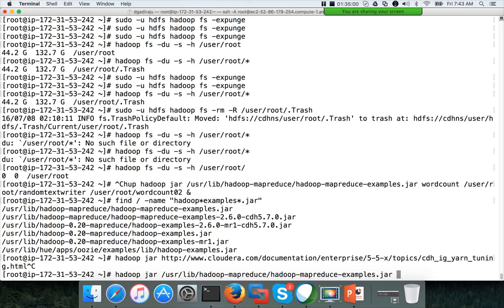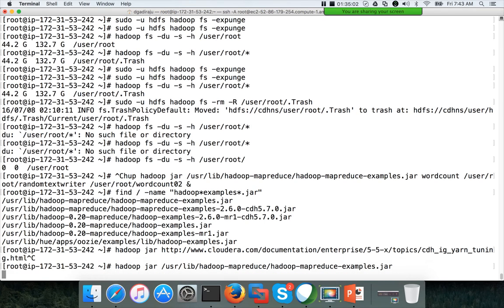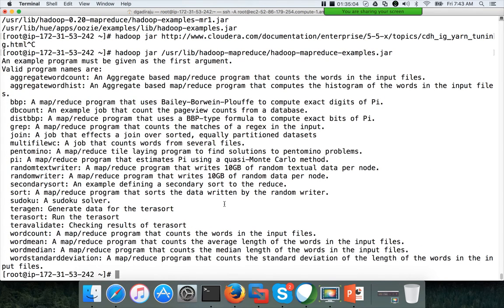If you hit enter, you will see a lot of programs available as part of these examples. I'll be using randomtextwriter, and it writes 10 GB of random textual data per node. So 10 GB of data will be generated randomly with this application.